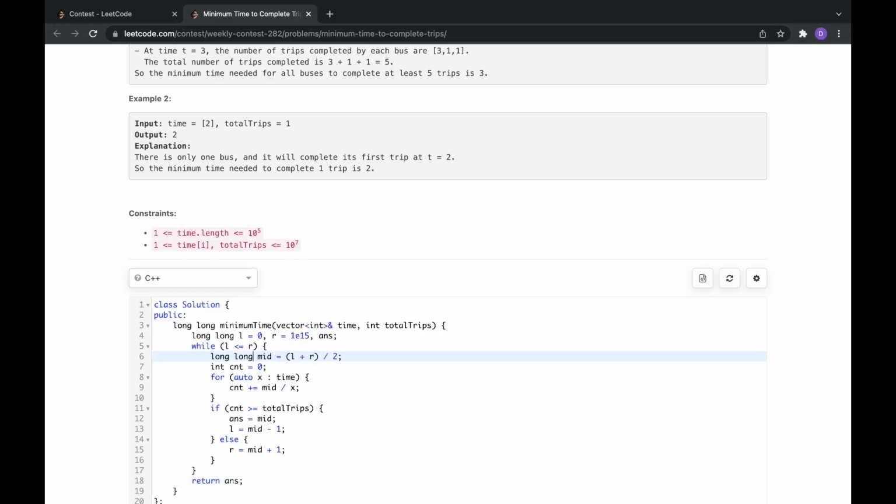Okay, now I just need to think about, can I ever overflow this? Oh, 10 power 15, right? 10 power 15 and 10 power 5. Yeah, that will overflow. What if I do 10 power 14, sorry? Hmm. Okay, even now there's an issue, right? If he gives me an array,